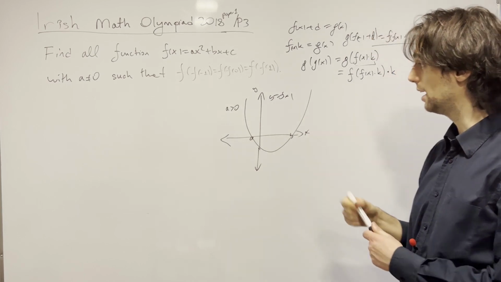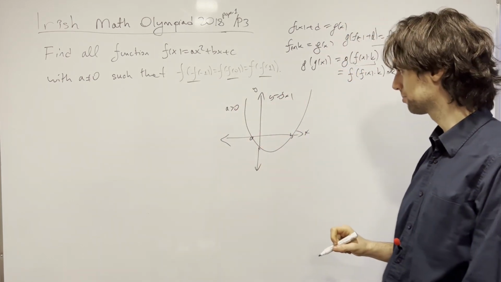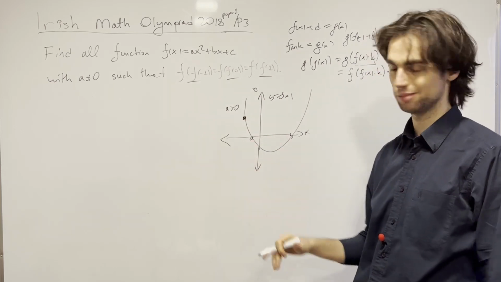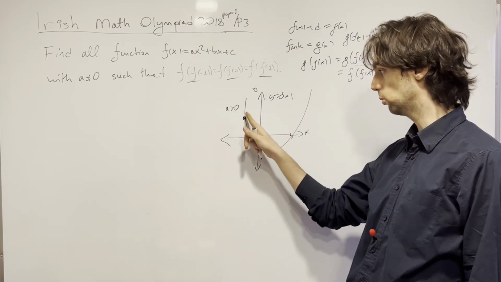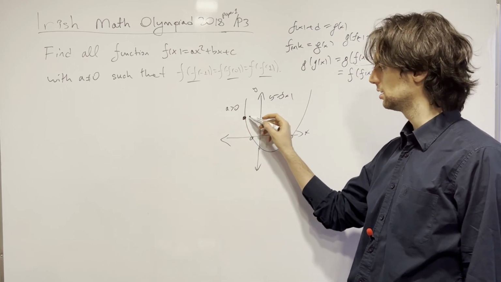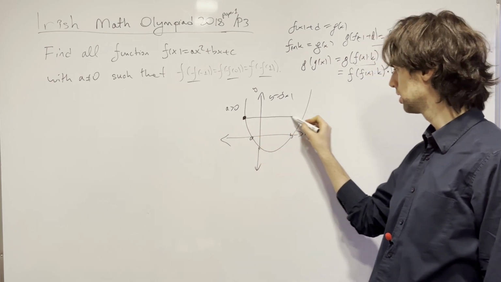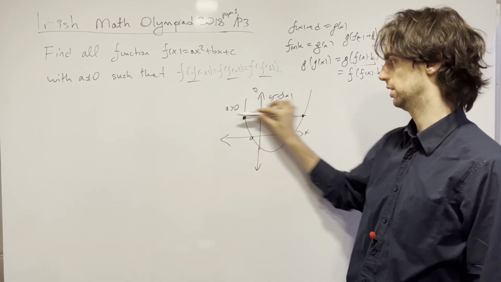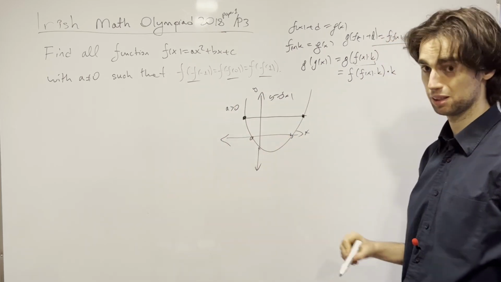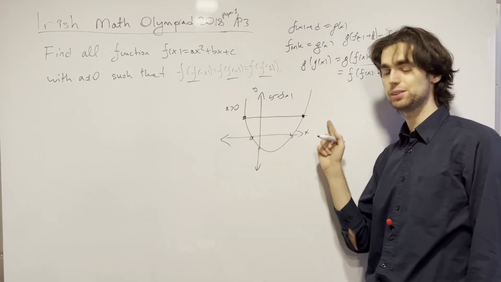And the answer is, if f of something is f of something else... Like if we have, say, f of minus 1 here. We don't know where it is; this is not meant to be minus 1. Say f of minus 1 is here. f of 0 can either be this point, or it can be points such like that, where we have this value, or this other. So it can be either this point or this point. f of 1 needs to be at one of these 2 points,